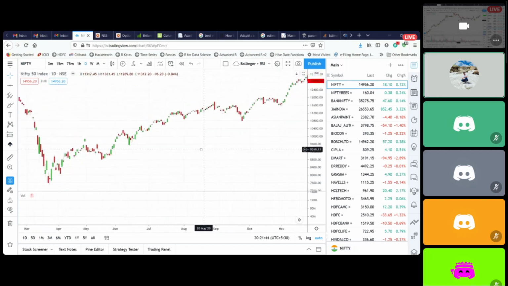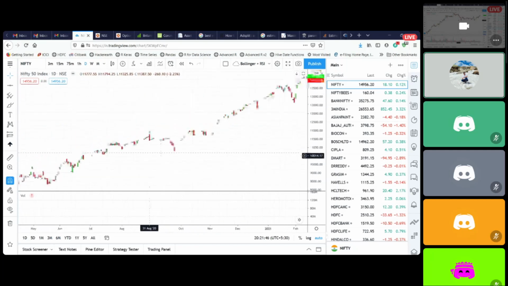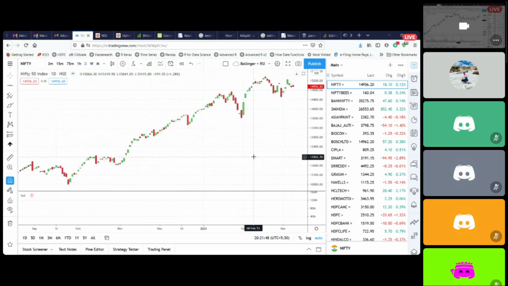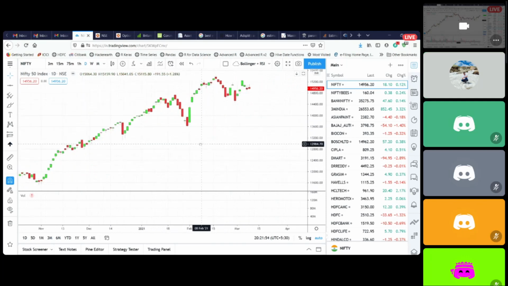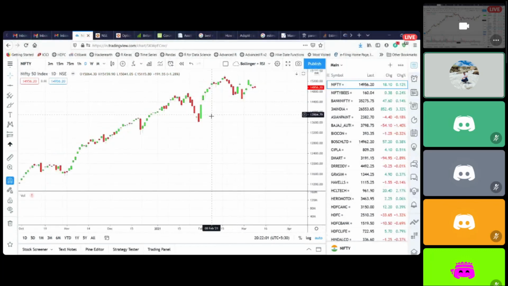Now from here, Nifty is continuously making higher highs and higher lows only. So now the swing lows which are important, this swing low is important, 13,200, this is important, 13,600. These are just intermediate, not much importance. So if Nifty were to fall from here, it would have been a lower high, and if it takes down this low also, it would be having a lower low. That would indicate that something has changed in Nifty.